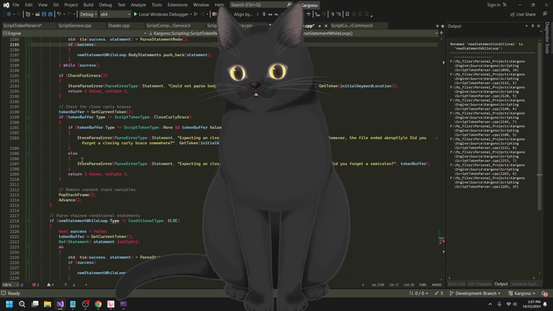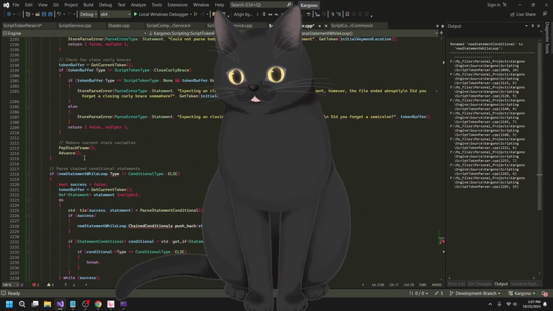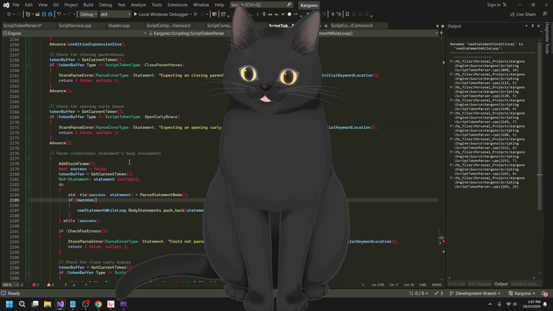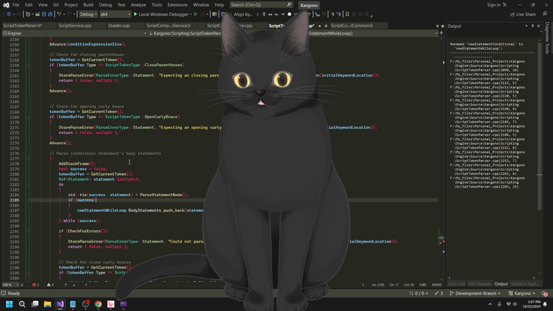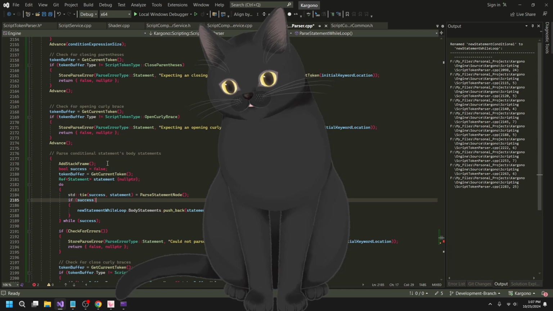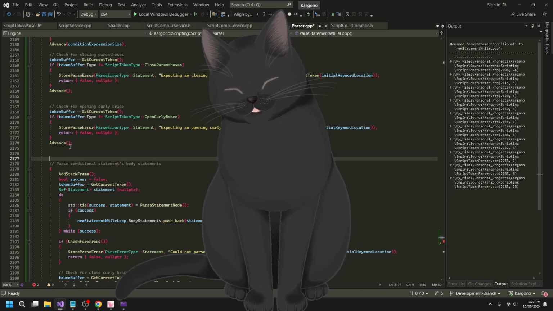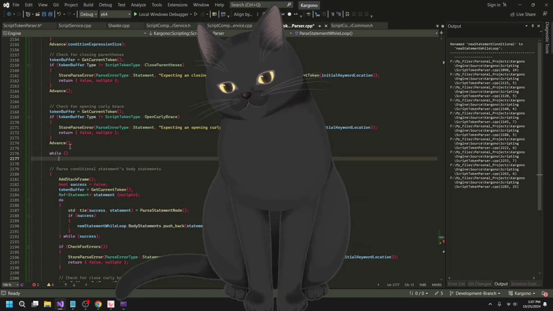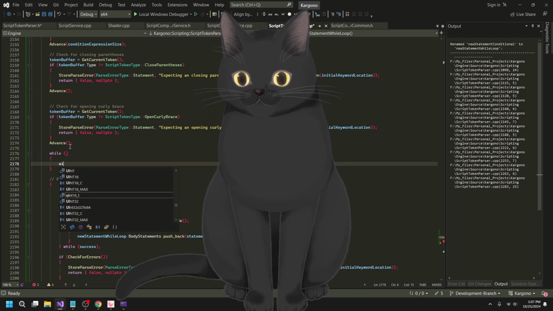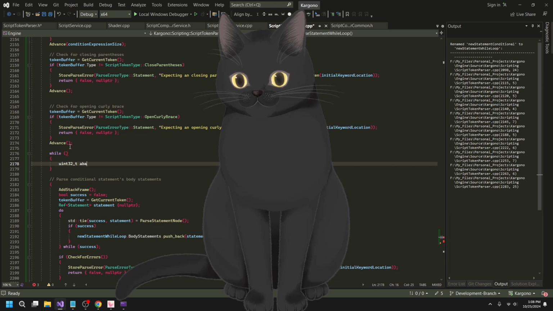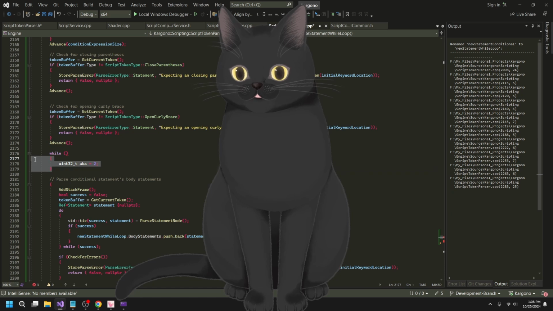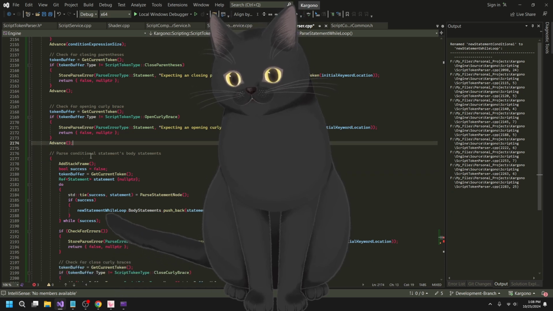Now this one's going to be an interesting change, and this is where I might need to add some more custom code to get this to work. Well, not custom code. I think I just need to rip some stuff out. Okay, so first thing, add stack frame. We do add a stack frame because when we're opening up a while loop, we'll have variables that we can add inside of here that will fall off of the stack once we close the scope. So we definitely want to add a stack frame for sure.